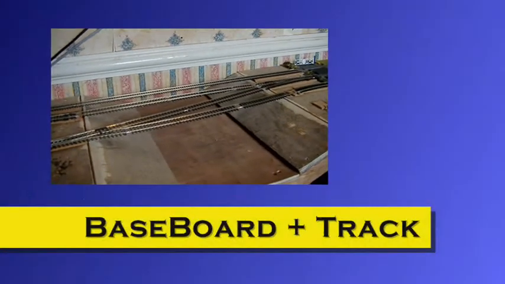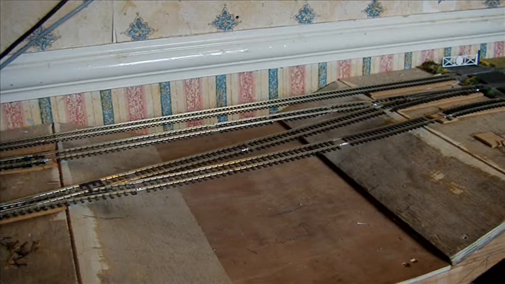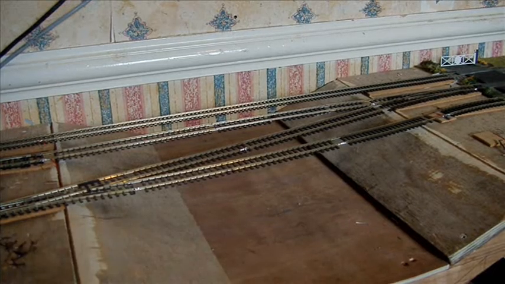So this is the next thing I've done, which is quite a major change to the layout: I've added a new baseboard. Now, this baseboard doesn't look anything like any of the previous baseboards. The main reason for that is I'm going to be building a nice river into it here. Although it's quite wide and straight at the moment, when it's done it's going to be a bit more twisty,